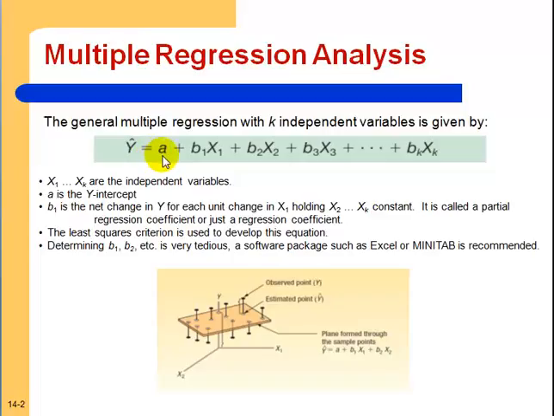Okay, a is a constant number. It's the y-intercept. What does that mean? It means when all the variables x1, x2, x3, up to xk are equal to 0, then what's the value for y? So a is the y-intercept. Okay, b1